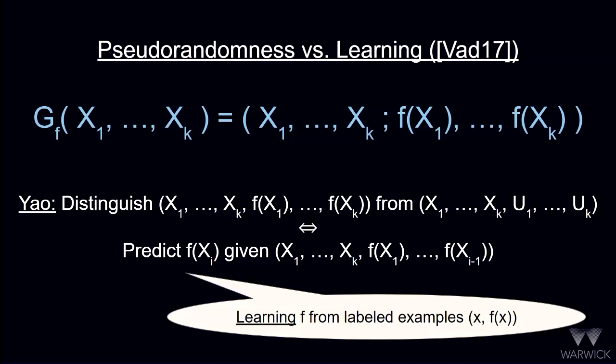And already just in that statement of prediction, there's a little bit of learning going on implicitly, because what's really happening is we're given a number of labeled examples, x_i along with f of x_i, and then we're able to say something non-trivial about an unseen value of f. So we're learning something about f, and if you want to know f with better probability, you can apply some standard boosting techniques. Oh yeah, and by the way, just to mention, this kind of connection was discussed and given a bit more formal treatment in a work of Adan.